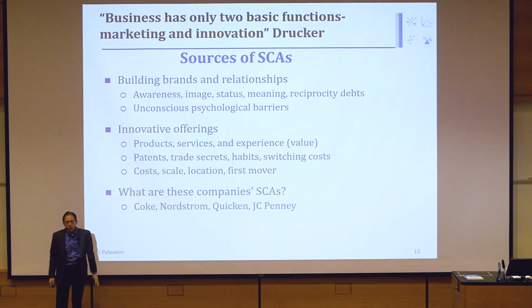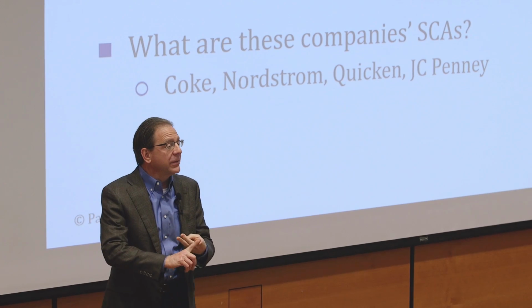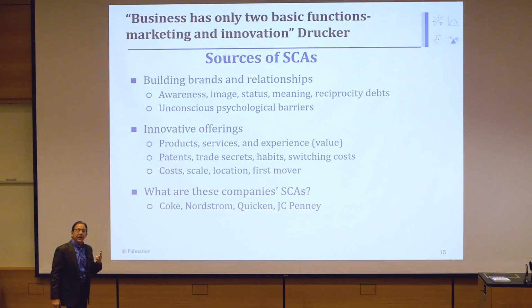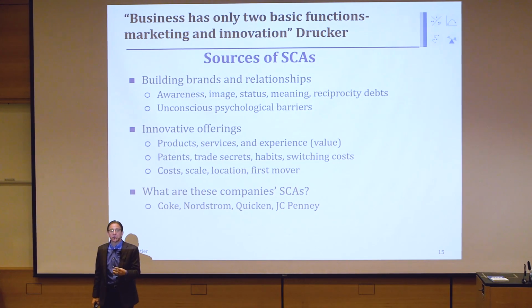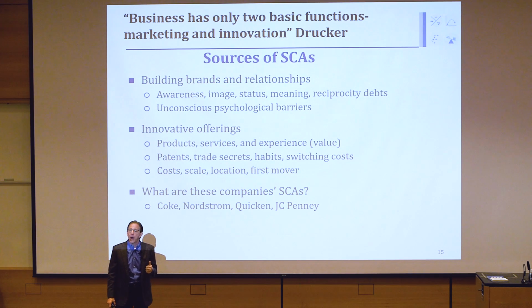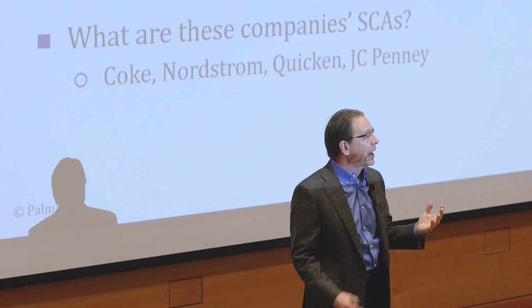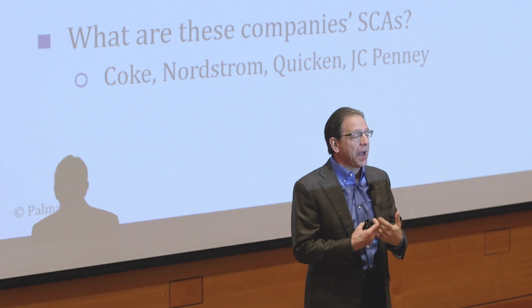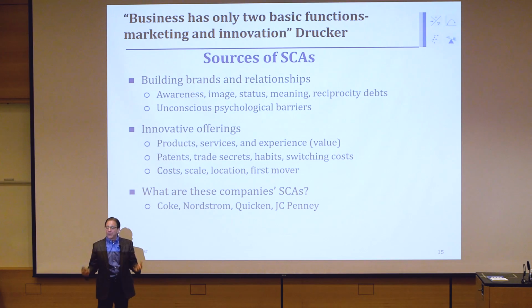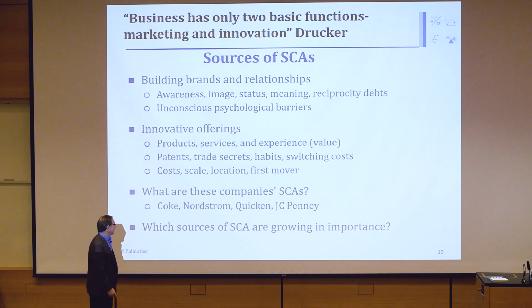There's really 3 main ways we build barriers: brands, offerings, and relationships. Those 3 together we call BOR strategies. B-O-R: brands, offering, and relationships. We use the term offering rather than products to capture both products and services, because most offerings are both products and services. And we're going to show how these are how we build barriers around our business.